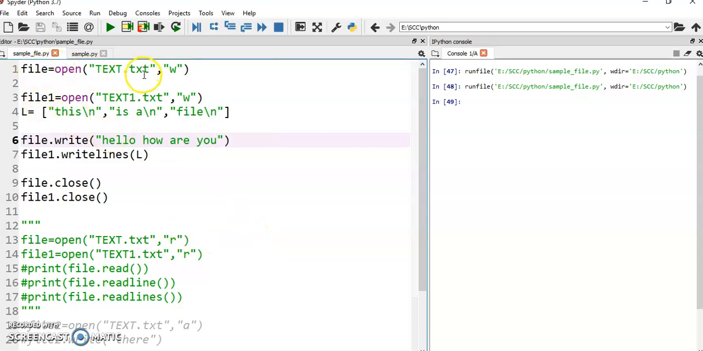File, open a file text.txt in write mode, and then the location of this, save it in file. In this line, take the file, which is this name, this file handle. Take this file, that means the text file, and write "hello, how are you?" Write this string to the